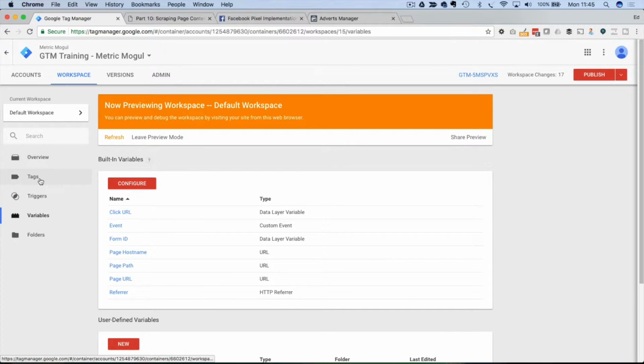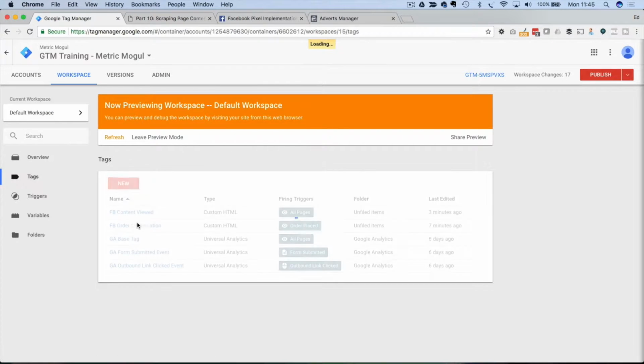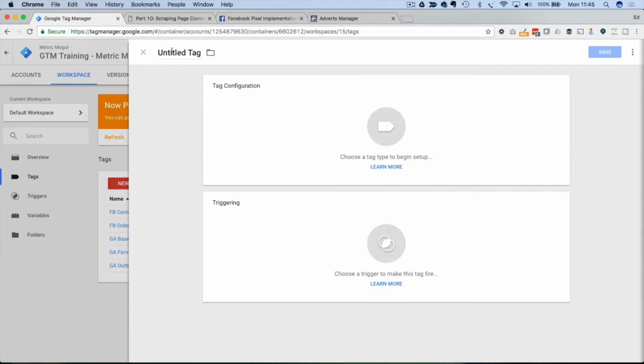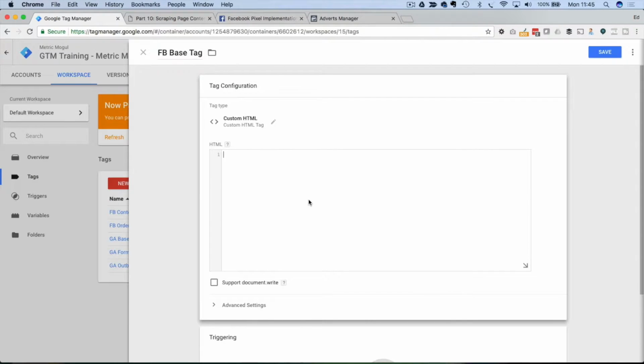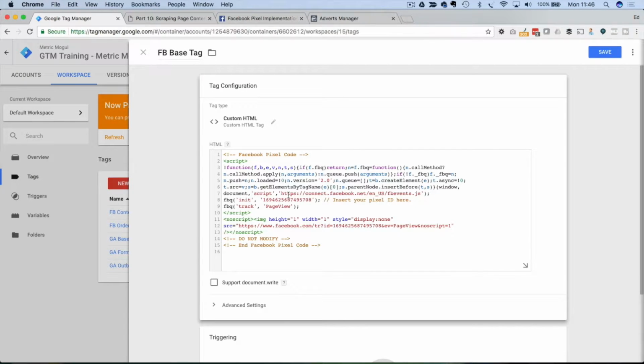and then we're going to go back to our Tag Manager, and I can create a new tag called Facebook Base Tag. This is going to be a custom HTML tag, and now I'm just going to paste in the code. We don't have to add the script tags in this case because we've already got them around here. So obviously yours will differ, your pixel ID will differ to mine. I'm just going to set this as 1234 for the moment,